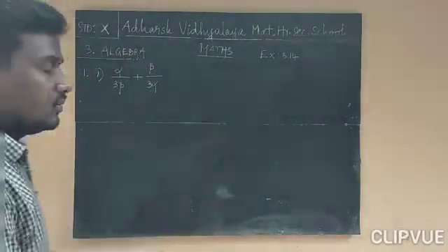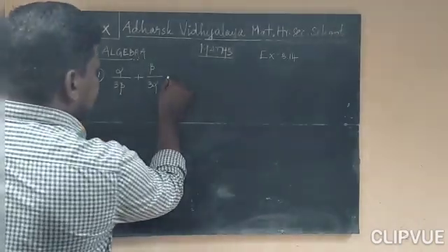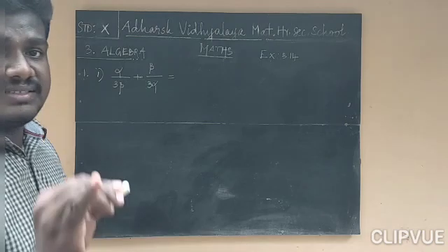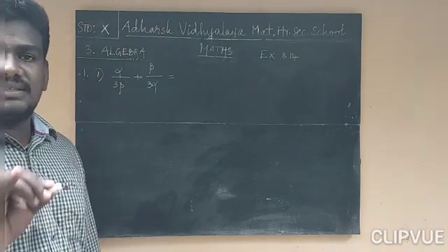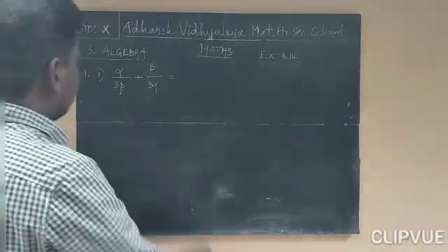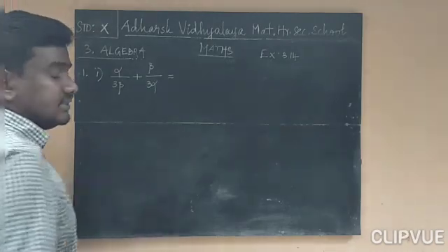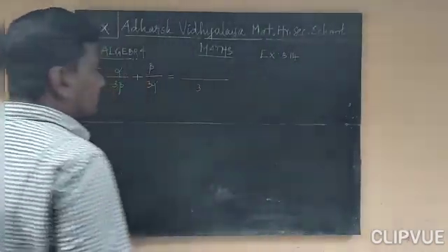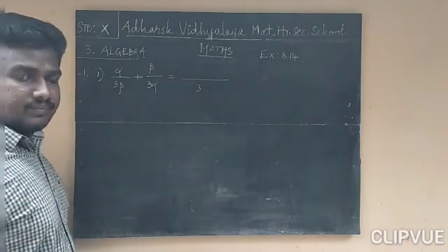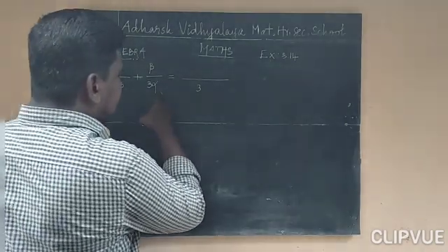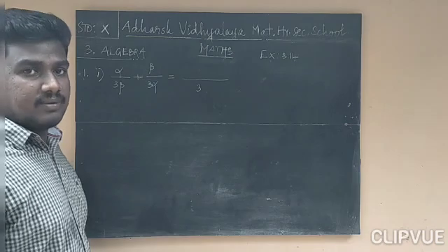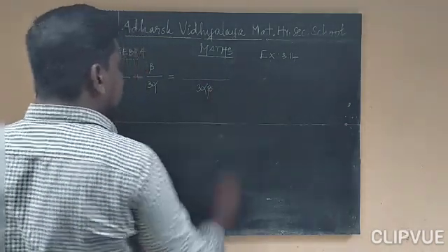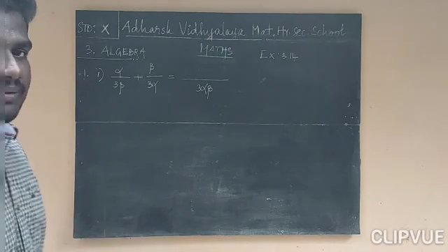So now it is very easy, but you should know the basics, how to find LCM. These things you must know. So 3 beta here, 3 alpha. So what is the LCM? 3 is the common factor. You can write it as 1. And here beta is there, here alpha is there. There is no common factor at all. So multiply them. So 3 alpha beta is the common factor.